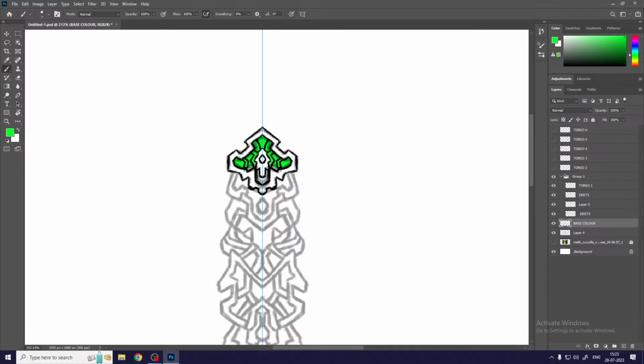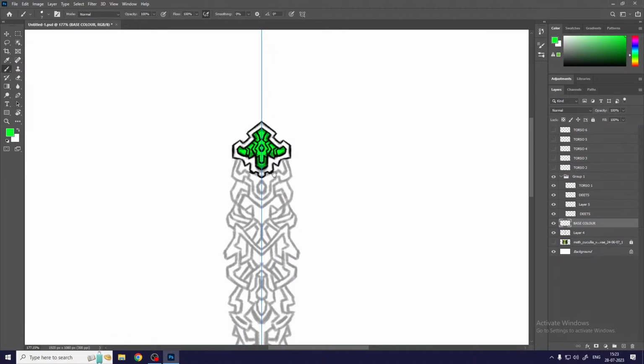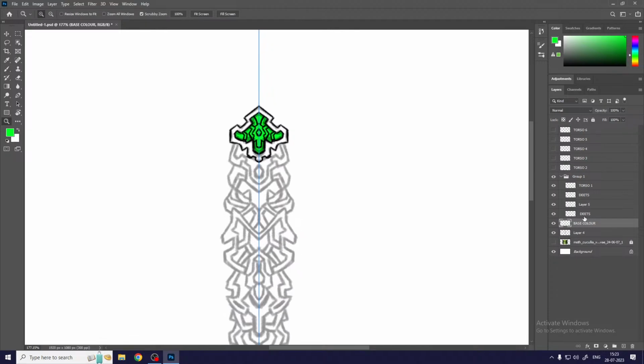I know a caterpillar is not this bright green, but for the sake of the example, now we have a base color. So, this is the layer which I had drawn my shadows on. So now that you have a color,